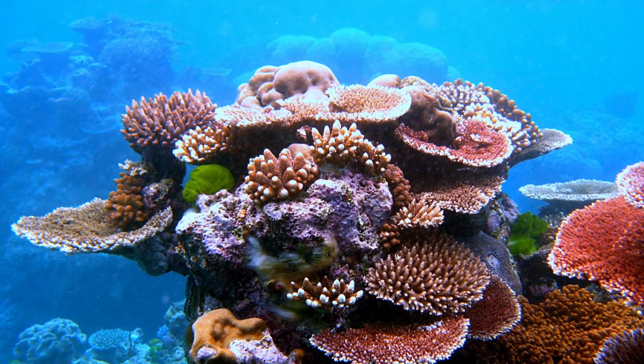Well, a coral is basically an animal actually, and that is why it's so fragile. It consists of two species living together in symbiosis, and the main structure is built by polyps, thousands of polyps. This is a tiny animal related to jellyfish, and they spend their whole life stuck in one position and feed